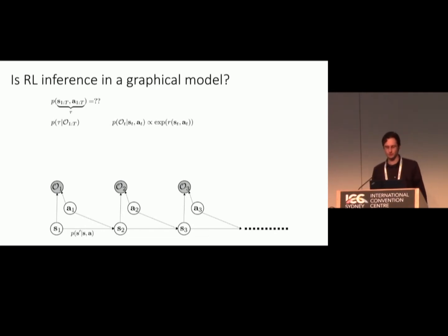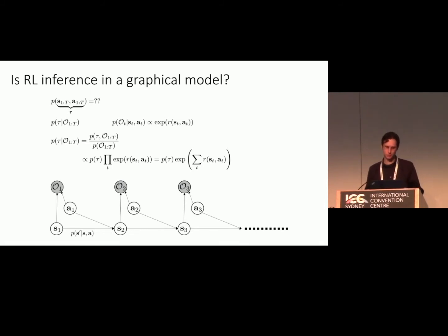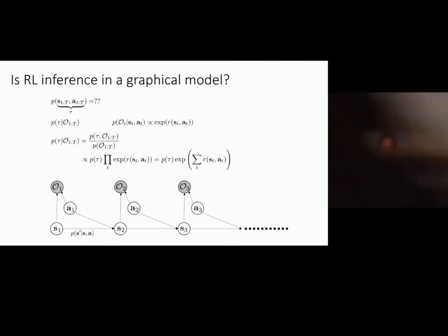If we define P(O | s, a) like this, then we can write down the probability of a trajectory given all the optimality variables as their joint probability divided by the probability of optimality. This is just the definition of conditional probability. And this is proportional to the probability of the trajectory times the product of the probabilities of all the binary optimality variables. Now, the product of exponentials is the exponential of a sum, so this comes out to just the probability of the trajectory occurring naturally, basically its probability under the dynamics, times the exponential of the sum of rewards. If we assume that our dynamics have some regularity to them, for example, in a discrete environment, maybe we transition to some state with high probability and all other states with some low probability,